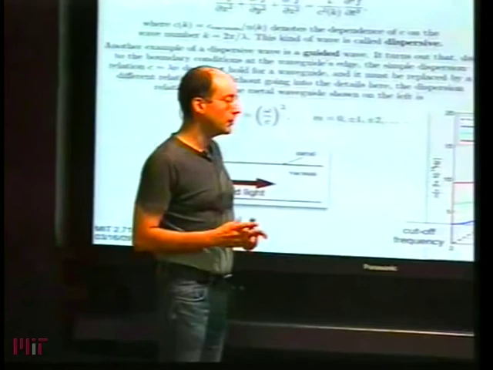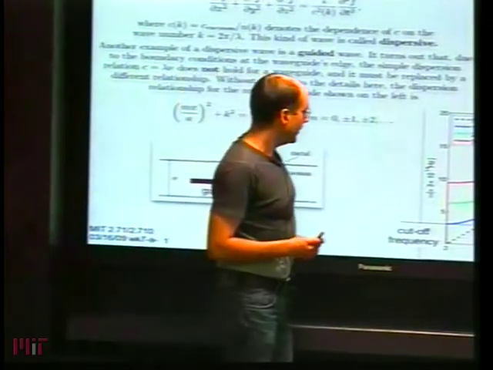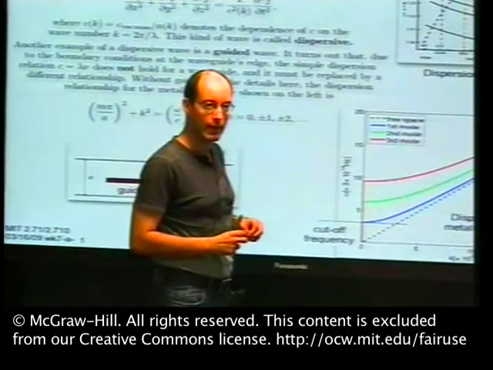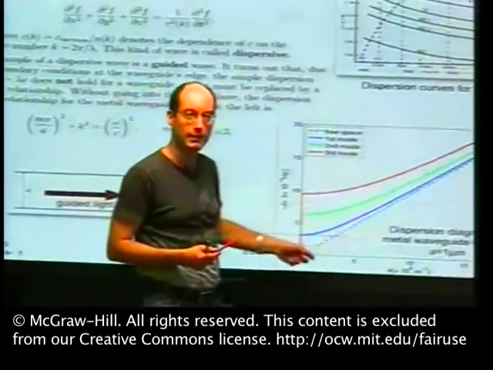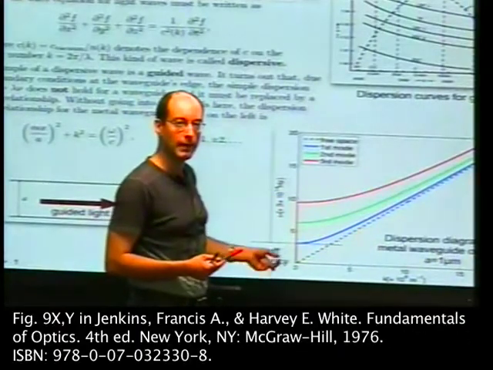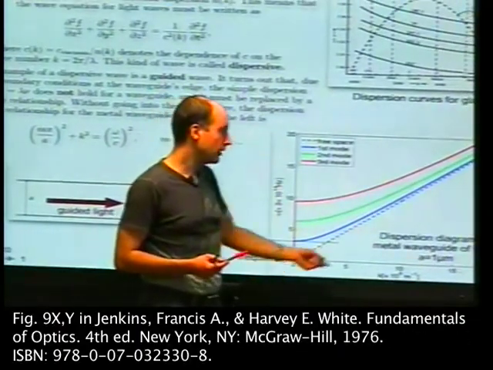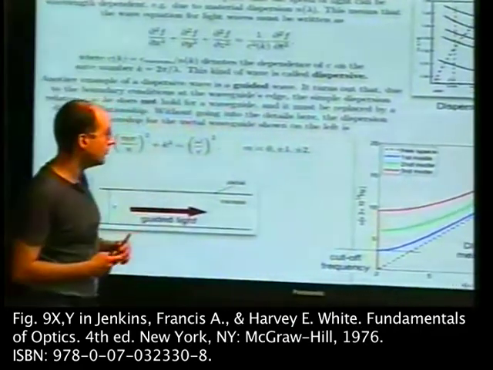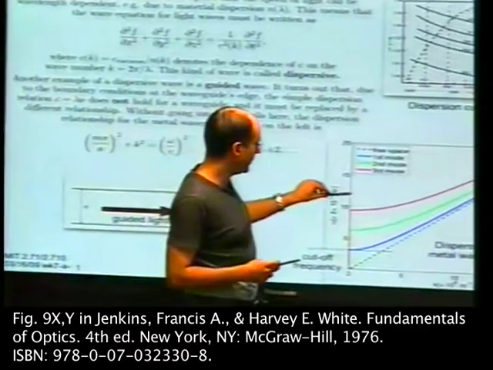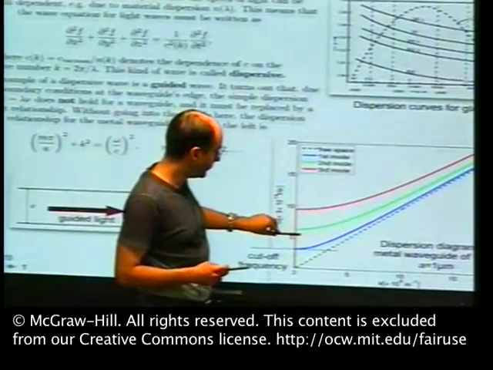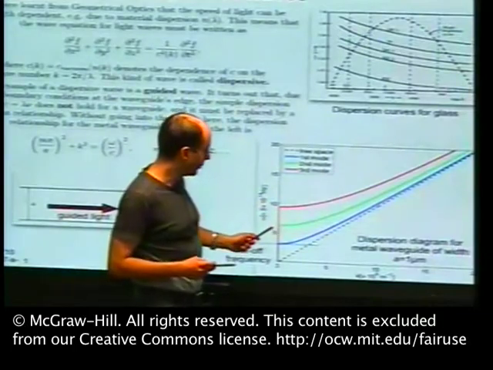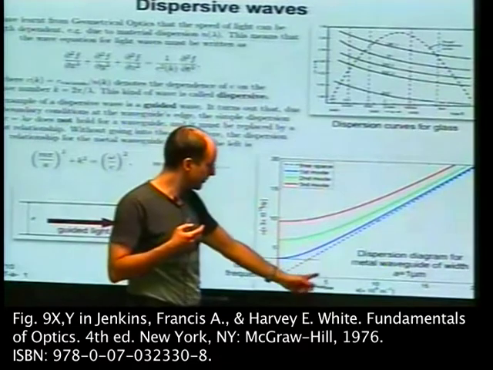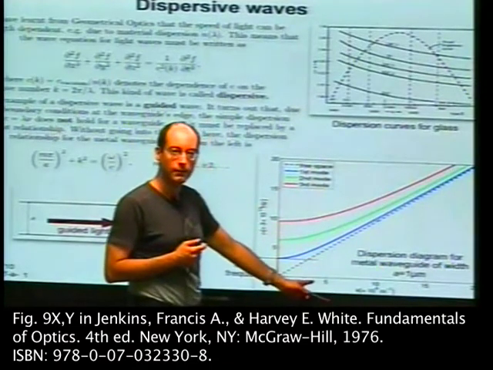Now, for reasons which will become apparent in a moment, the people who invented these diagrams plot them the other way around. Instead of putting omega on the horizontal axis, since omega is given, they put omega on the vertical axis, and the horizontal axis is k. So the way you read this diagram is, you solve this equation, and if I give you a certain omega, then you have to draw a horizontal line. And wherever this horizontal line meets the plot, you read the abscissa,